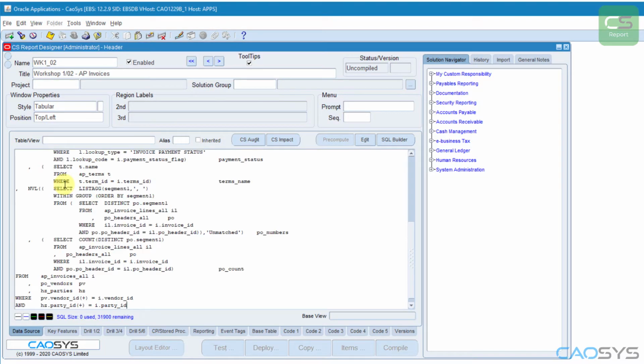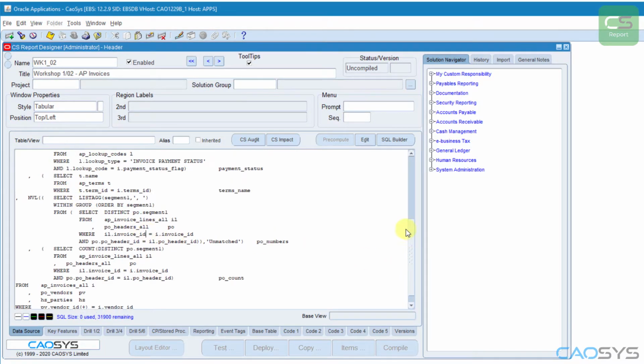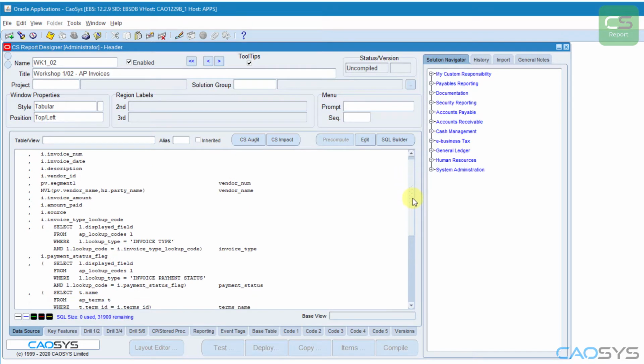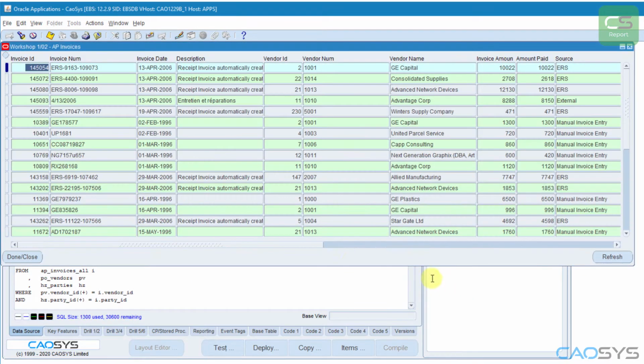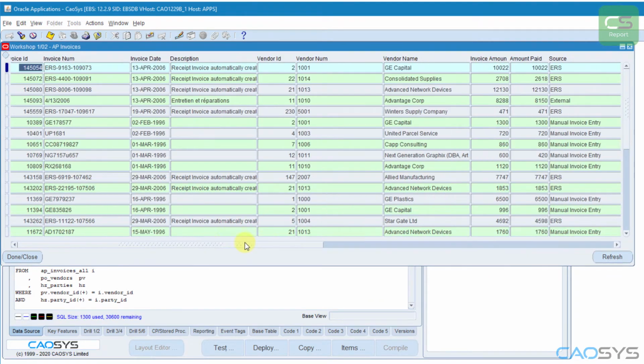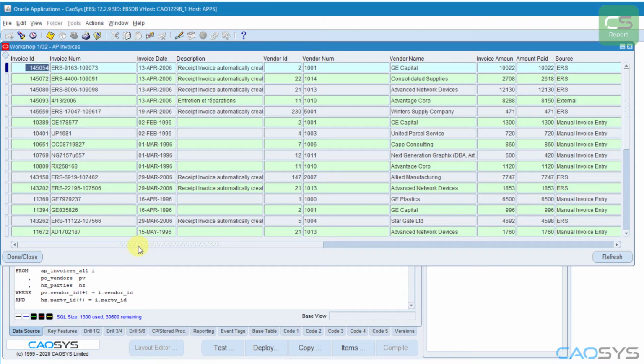Now, I'm just going to paste in some SQL that I created earlier. Nothing too elaborate. Simply looks at the AP invoices all table, does a few joins to get some additional information. Let's save, compile, and then test our solution. So here we go, a very simplistic, quite straightforward screen-based report showing us various pieces of information from the invoices